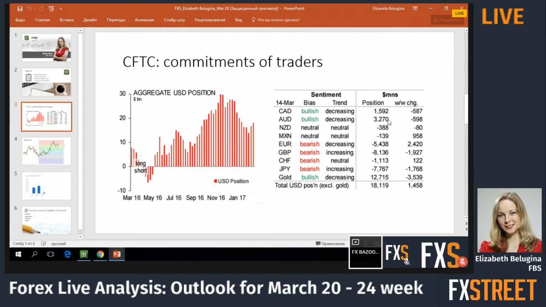So what we can see is that surely the divergence in trend between the US dollar and other major currencies still exists, despite some pullback in the US currency, which took place last week after the Federal Reserve's meeting. All in all, this divergence between the US and other nations is keeping some long-term trends for the US dollar